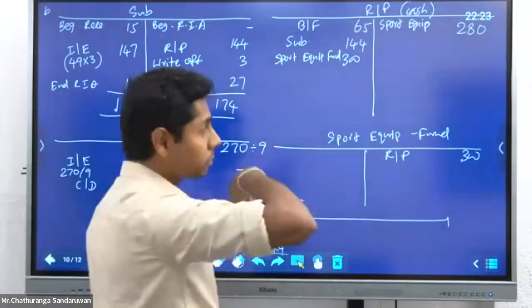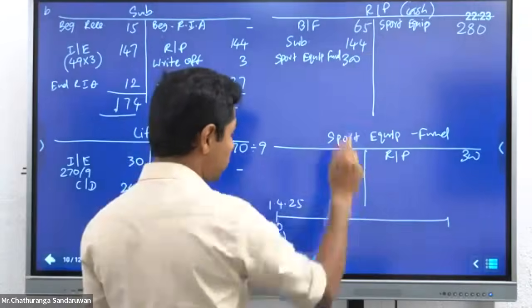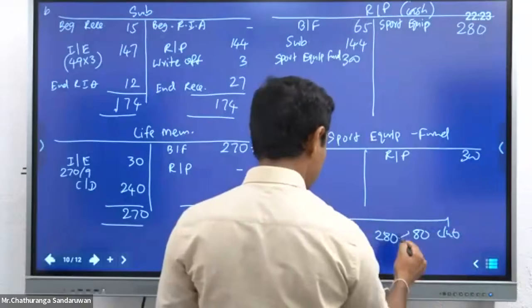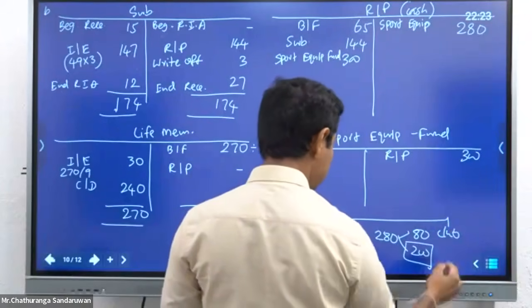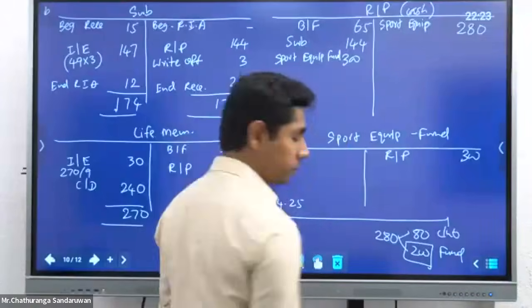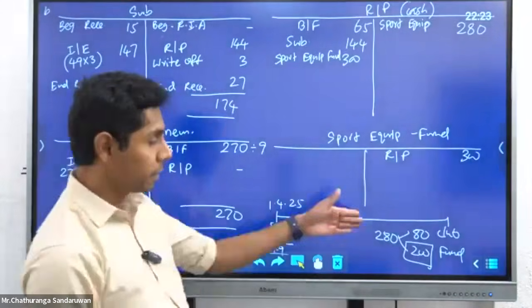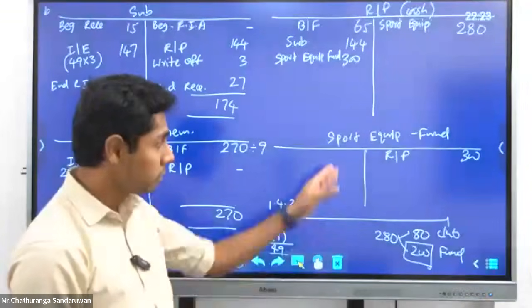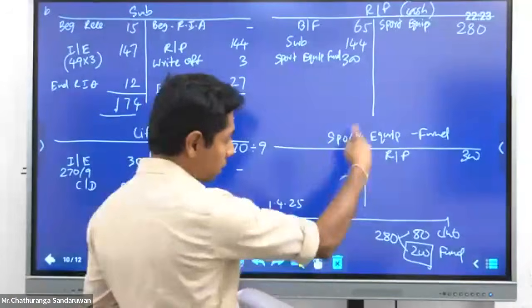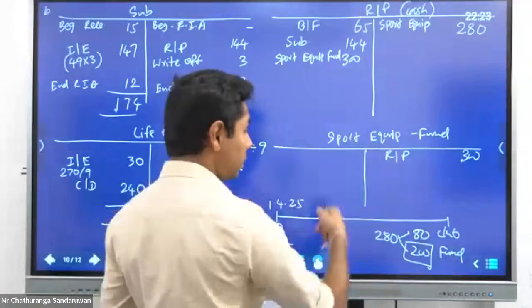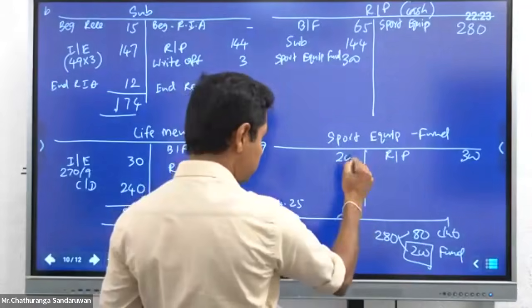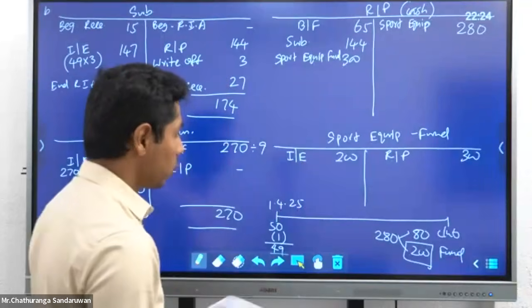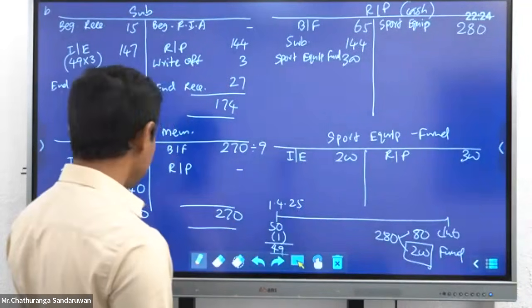Now they have purchased 280, right? If you look at the composition of the 280, 80 from the club cash, and then remaining 200 is from the fund, right? 280, but 80 was paid from the club's cash, and remaining 200 from the fund. Therefore, to the extent of the usage of the fund, we have recognized the income. Therefore, 200 should be transferred to the income and expenditure account, right? 200, that's the usage. Therefore, in the income statement,